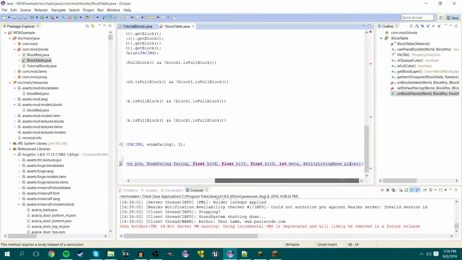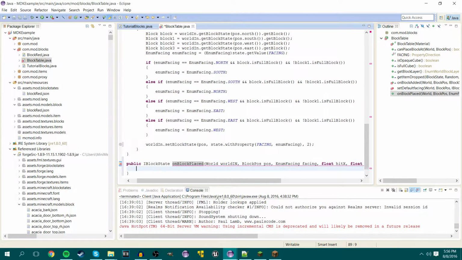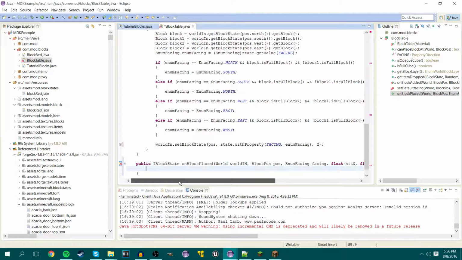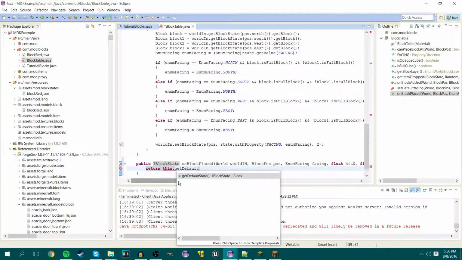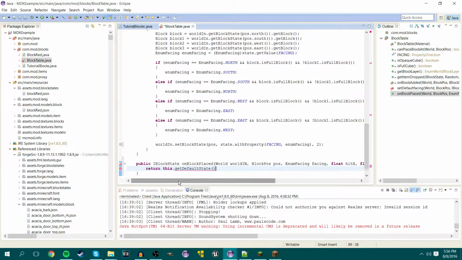Okay. Forget that there and create brackets. Now inside the brackets, we're going to type return this.getDefaultState